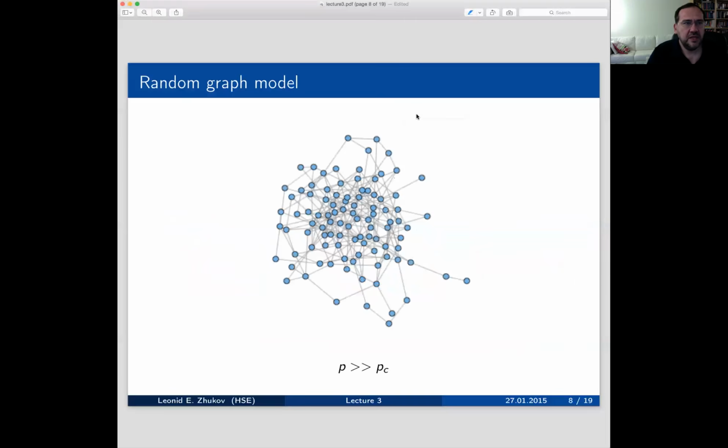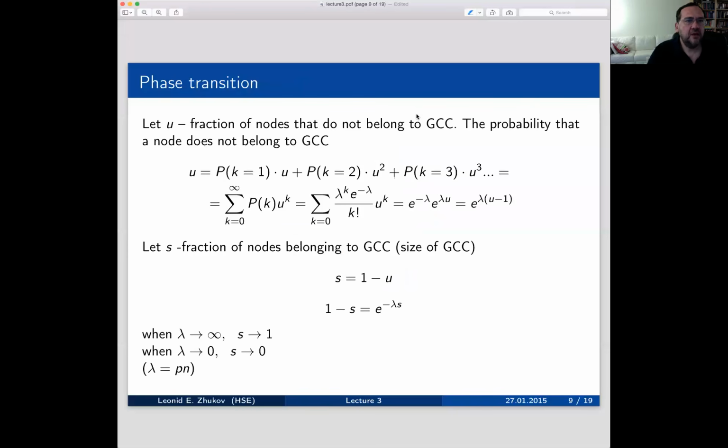Okay, so here if I just increase density even more, you see that the graph really becomes dense, and well, you cannot say anything here anymore, right? But that's what happens when you start densifying, and if you increase p to the point where p is equal to 1, well, you'll get a complete graph. Okay, so let's try to derive and determine this phase transition.